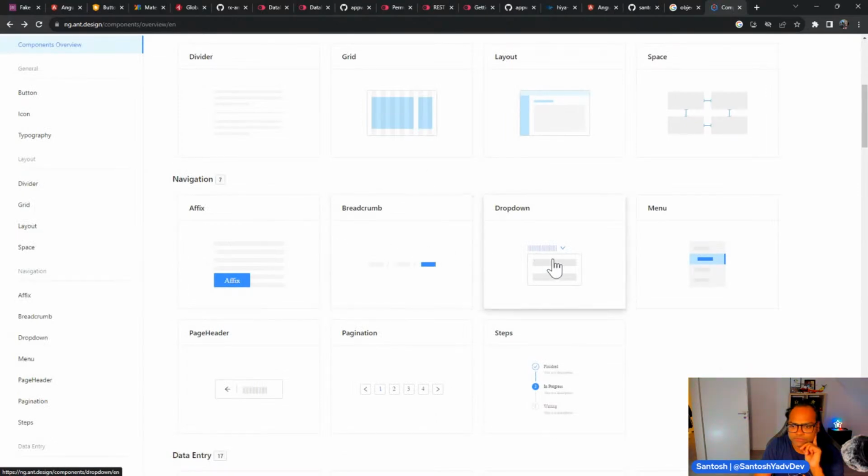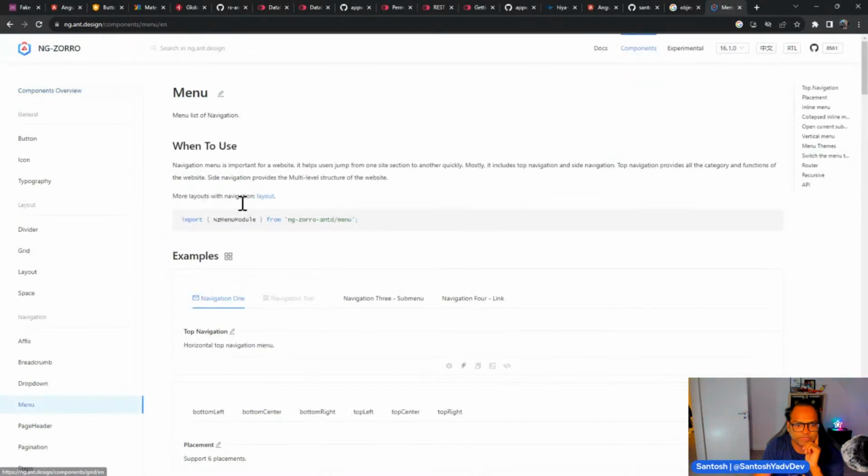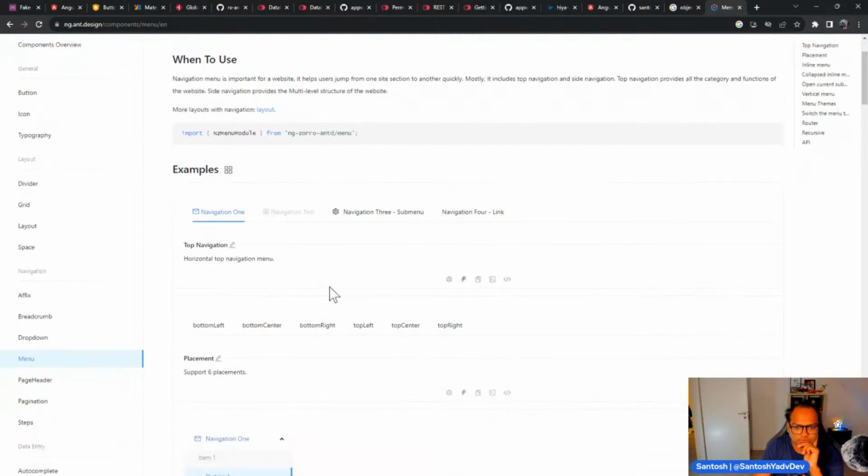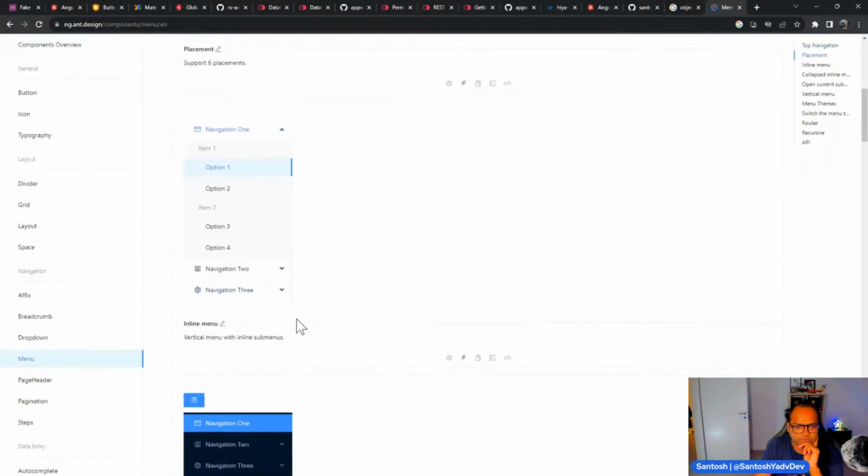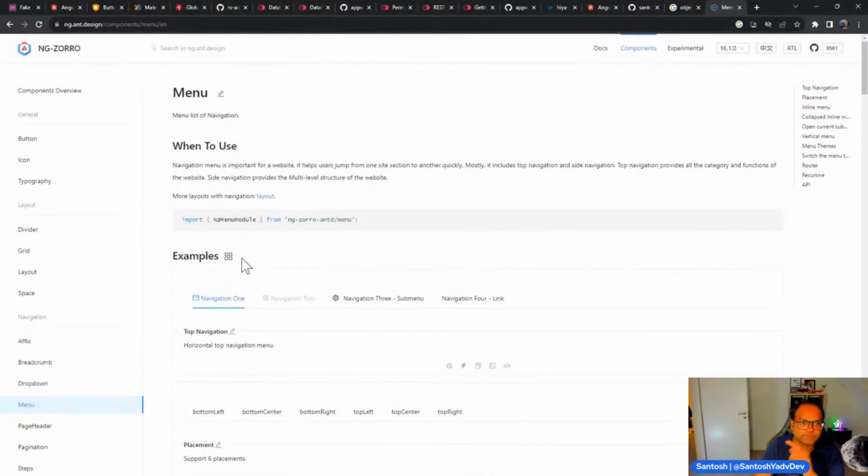Okay, they have breadcrumbs, drop down menu. So this is what we need. Navigation. So this looks nice. So I'll just use this one, ng,